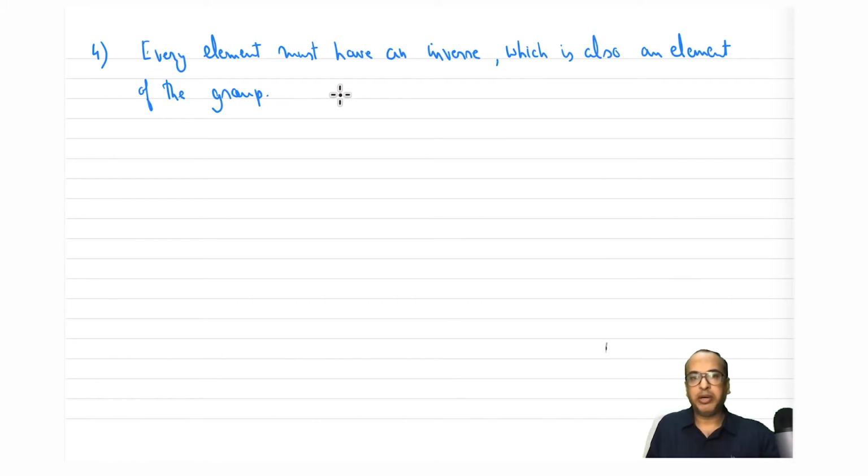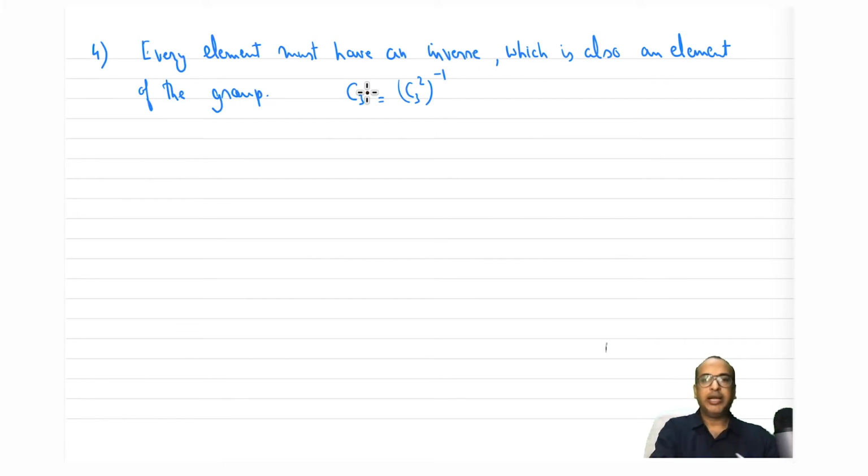So for example, again going back to BF3 example, we saw that C3 is equal to C3 square inverse. So C3 has an inverse which is C3 square, and C3 square is actually present as an independent operation in the group, right? So this property should hold for all the elements. So sigma V1, C2, any operation which is there, it should have an inverse, and the inverse should also be an element of the group.